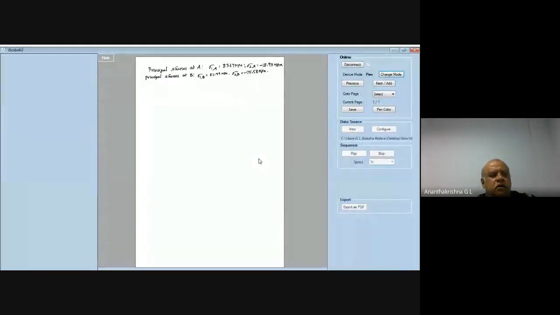Okay. I'll go through the problem. Please look into the problem. A machine member is subjected to a twisting moment of 1.5 kilonewton meter and bending moment of 3 kilonewton meter. We need to find the suitable diameter of the shaft given the normal stress sigma 1 as 120 megapascal and the tau max is given as 75 megapascal.